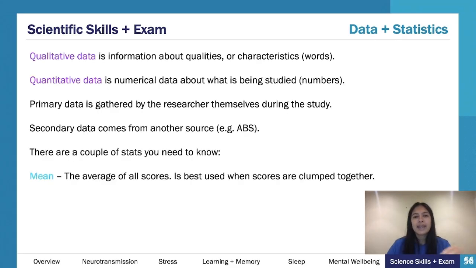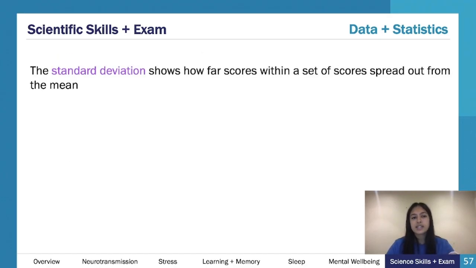So the mean, again, I'm sure you guys will be familiar with this, hopefully, is just the average. So they could get you to calculate the mean. They won't get you to do anything that requires a calculator or that's really extreme. But you just have to add everything together and then divide it by the number of values that you have. Your standard deviation,